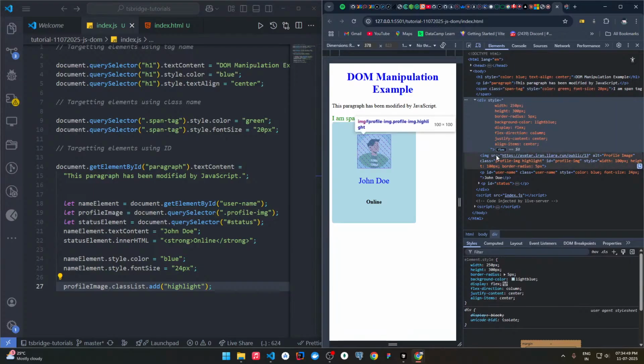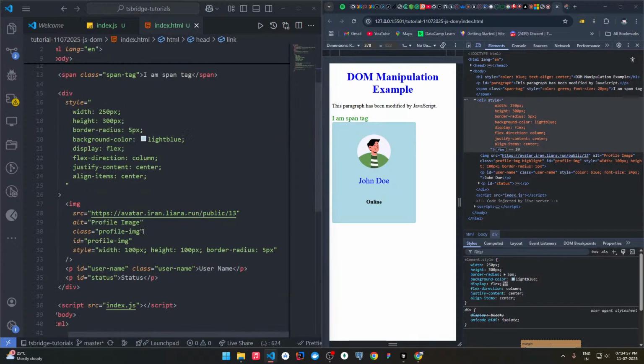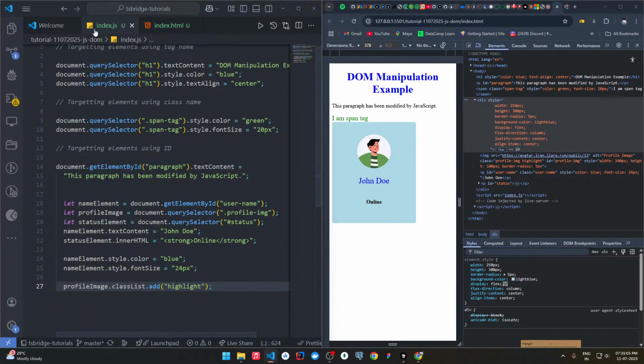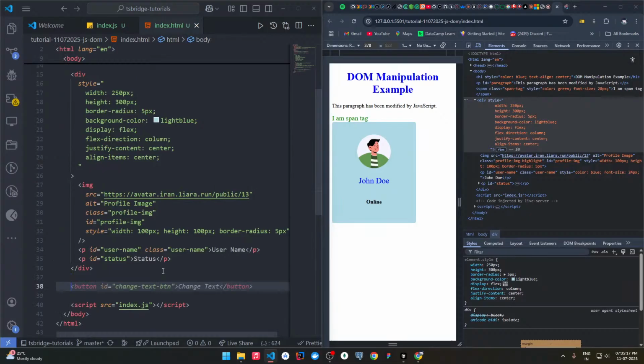Okay, the image tag. How is this happening? In fact, we don't have this class inside HTML also. If we see here, we only have profile image. How are we actually adding this class name? Using JavaScript. Okay, so now actually what you can do is, in order to create some interactivity, we can add here a button